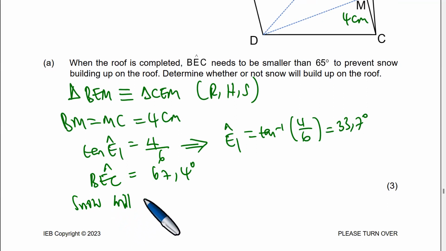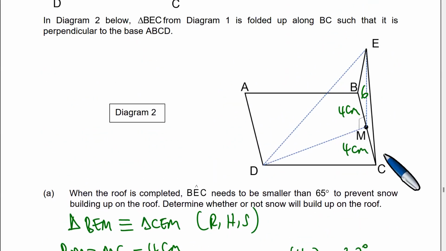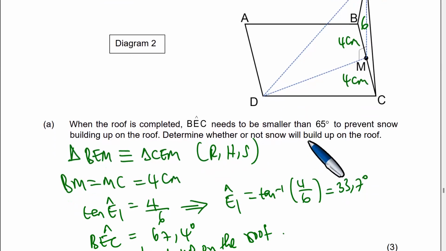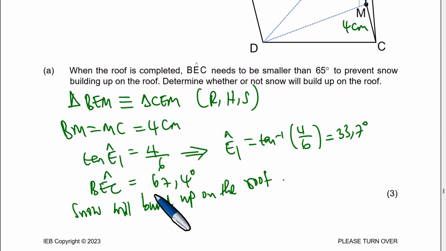Snow will build up on the roof. Snow will build up on the roof because when the roof is completed, angle BEC needs to be smaller than 65 degrees to prevent the snow from building up. Okay, to prevent the snow it must be smaller than 65, but you can see that angle BEC is 33.7 degrees, so